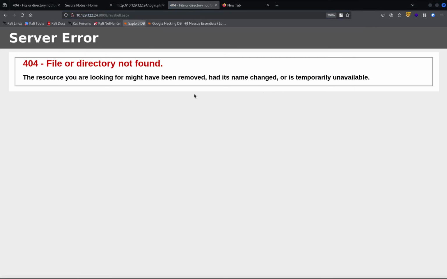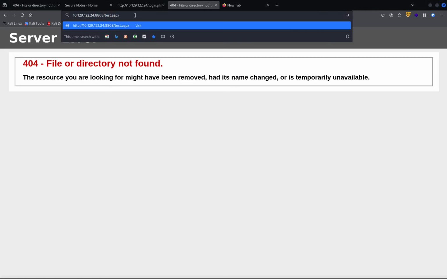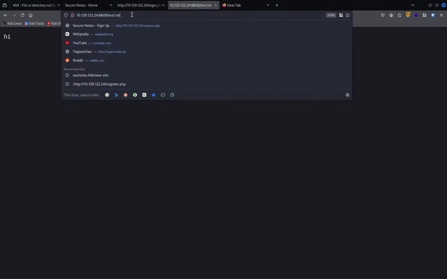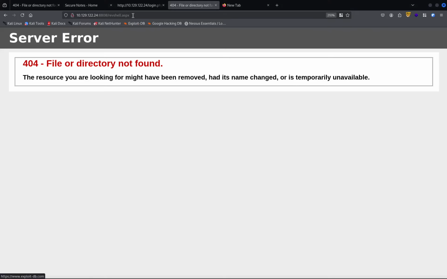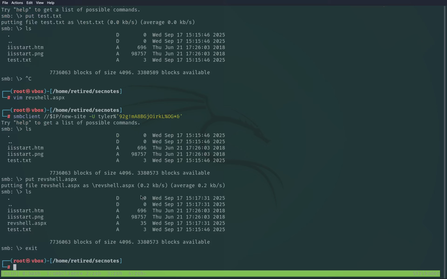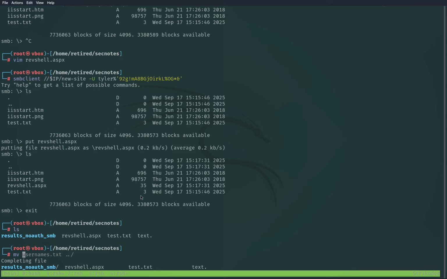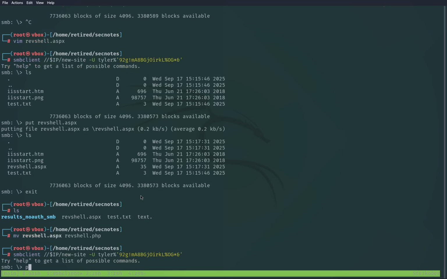That's strange. Let me try with the txt. test.txt. Maybe probably we don't have code execution, so it's removing the .aspx, so we don't have a reverse shell. Let's try with .php, which I don't think that our case would be. rev shell.php and try to connect again with SMB client, put rev shell,